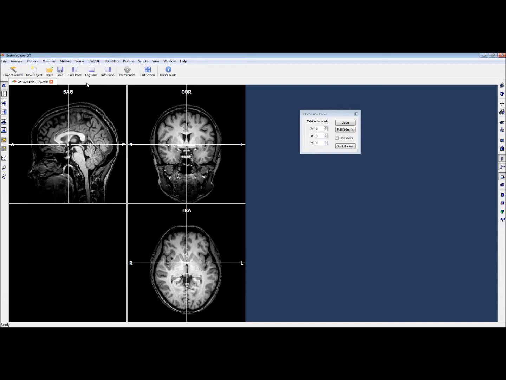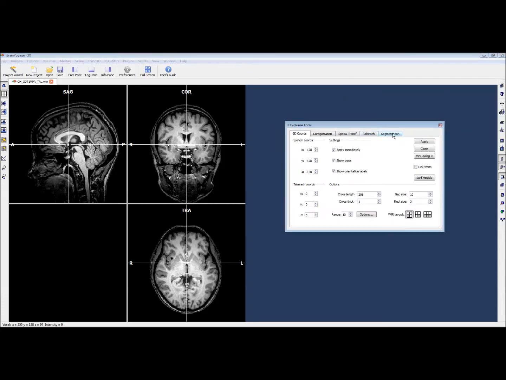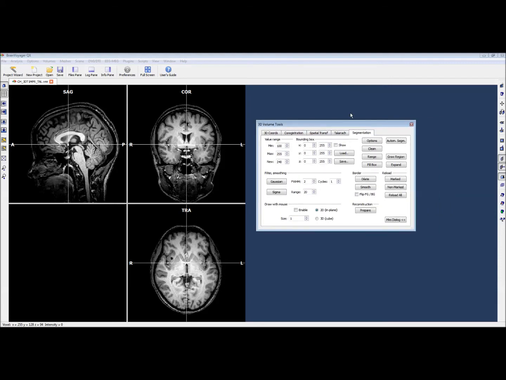Next thing we want to do is create a reconstruction of the cortex so we can start overlaying statistical maps. So to do this we need to go into 3D volume tools, segmentation. Now typically for subjects we would want to define the white matter ourselves. It's a manual process, it's quite laborious, it takes a lot of time. It involves using this boundary box to pick out small regions of cortex at a time and then define them as white matter and then progress on to the next cube of cortex and the next and the next and so on. For the BrainVoyager tutorial,